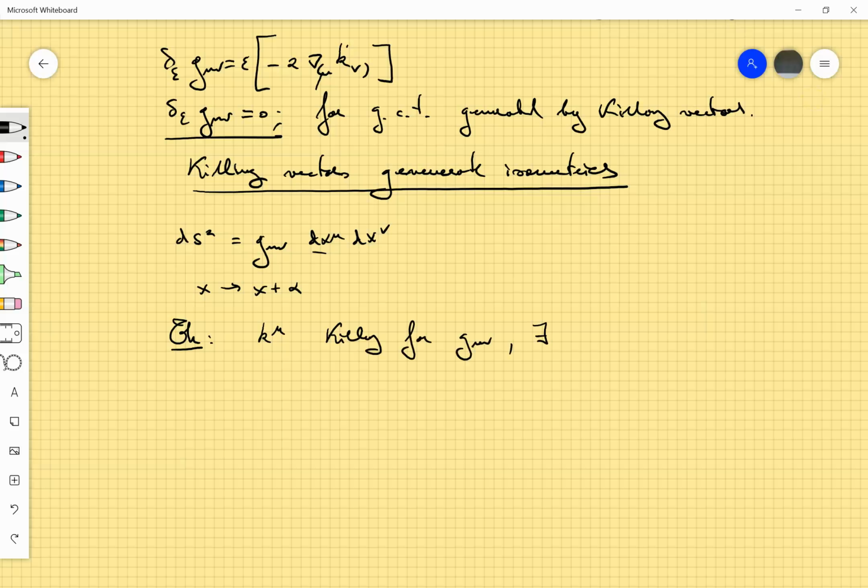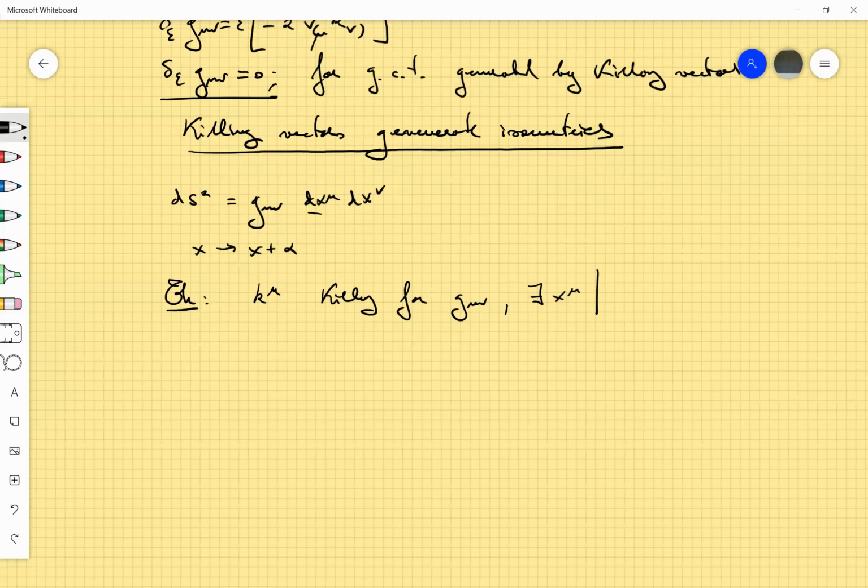I'm not going to change the name of the coordinates, but there will be some new coordinates, which are called adapted coordinates, so these are coordinates adapted to this Killing vector or to this isometry, such that